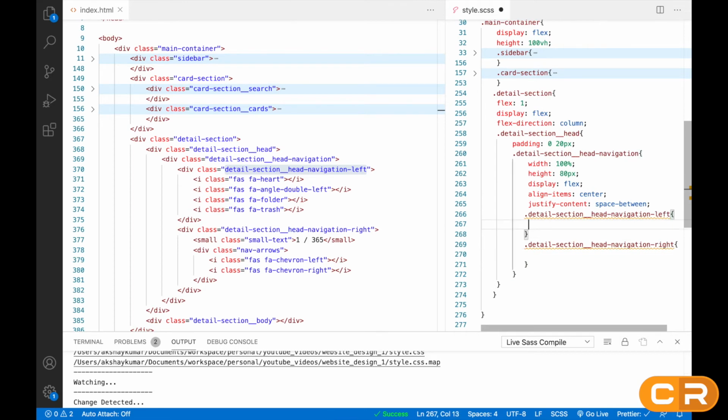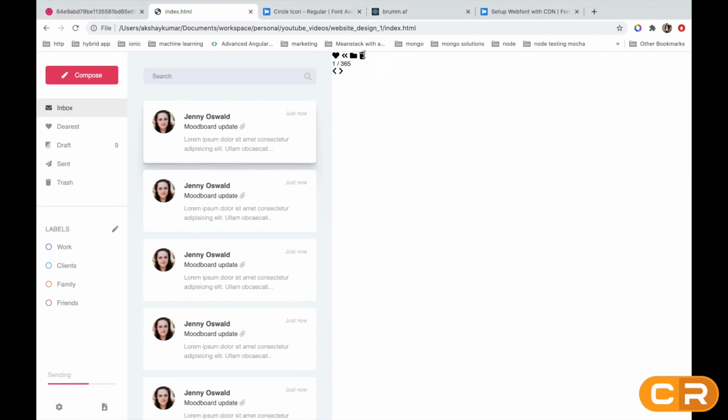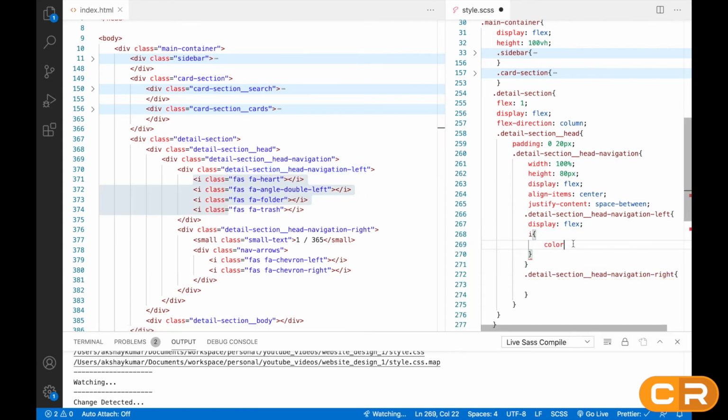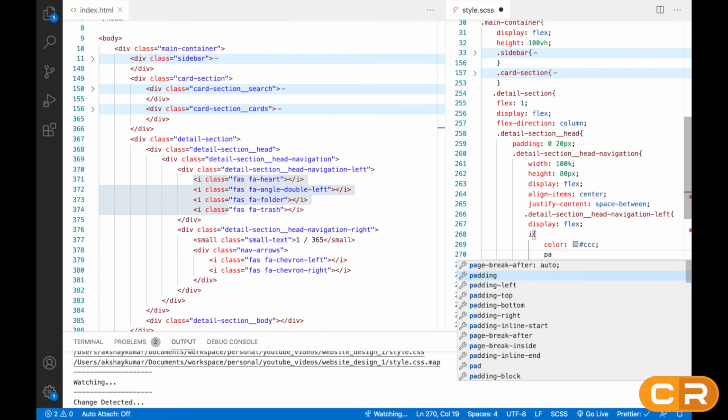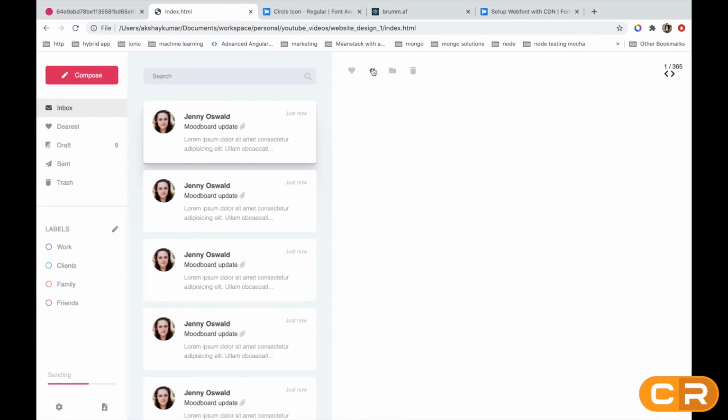So in this left section we'll again write display flex because we need all these items in one row. They are already there, but it's a good idea to give the flex. We'll style eye also. We'll give the color some gray color. Padding will be 15 px, and for this eye we'll just give the hover also because they look like buttons only. So we'll write cursor is to pointer, so we'll get that hand icon, and color will be some dark gray color, right? So whenever you hover here, it will give the dark effect.